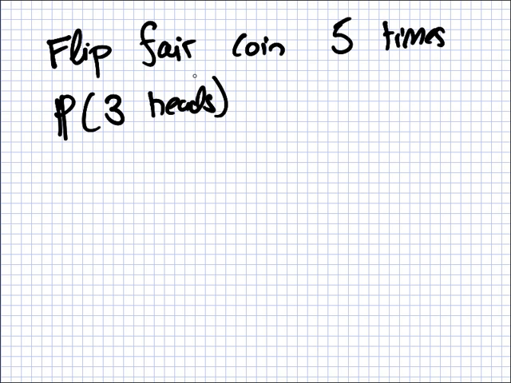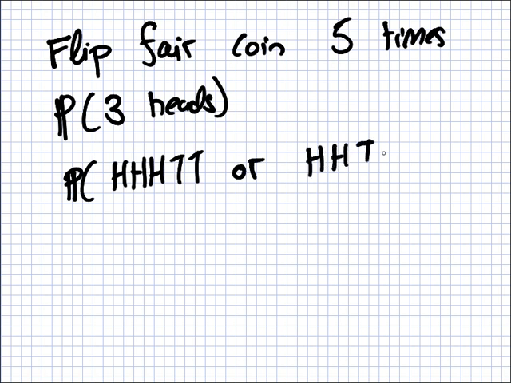Maybe it goes heads, heads, heads, tails, tails, or tails, tails, heads, heads, heads. You don't actually care. You just care that you get 3 heads. So if you look at the possibilities, you're looking at the probability of this, or it could be like this, or